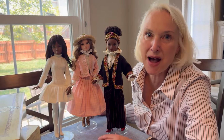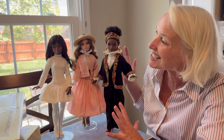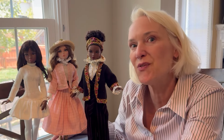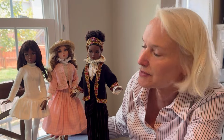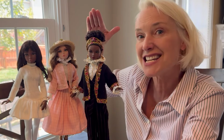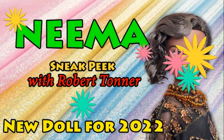With our final Neema out of the box, you can see that this collection of new dolls released from the virtual doll convention brings something for everyone. When watching the original release video, I thought certainly that the Ellowyne doll would in fact be my favorite, but now that I have all three of these gorgeous dolls in person, I have to say that this Neema takes the cake. Before filming the video today, I actually watched a video that Robert put out in 2022 introducing the